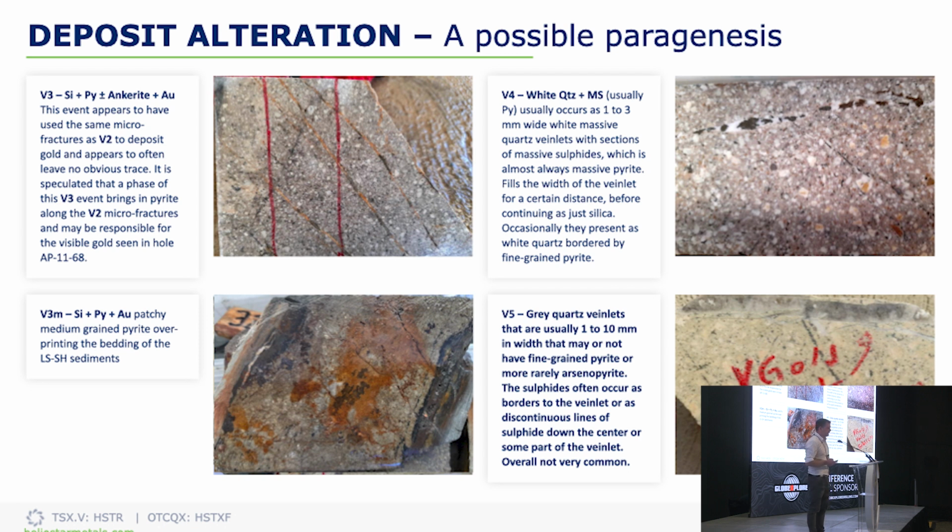And then we think there's another event, a more pyrite-dominated event that also brings gold in. It's possible that it's remobilising gold, but we think it's reasonably clear that it's a second gold-rich pulse. And you can see that as the sort of quartz pyrite, sometimes with anchorite veins, and there's a couple of examples of it here. One as it fractures through the intrusives, another as it's just pervasively replacing bedding or fractures